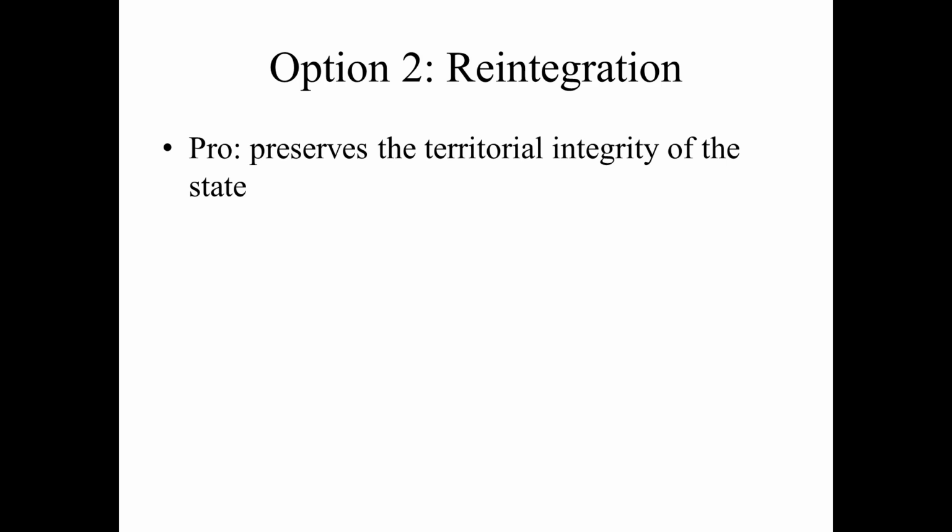Equally unlikely is option two, reintegration. The parastate is the one that now realizes the game is up. They can't go any further. Right? They've got the recognitions that keep them on the map, but not enough to get them into the UN, not enough to really get major economic investment. They're still basically blocked from the rest of the world, right? You could be an autonomous region within an internationally recognized state, and suddenly you got access to the UN. You got access to the EU, NATO, any other organization. When you're a parastate, you're kind of the bad boy. No one really wants you because you're not entirely legal in that sense.